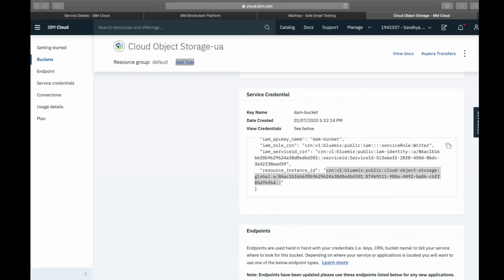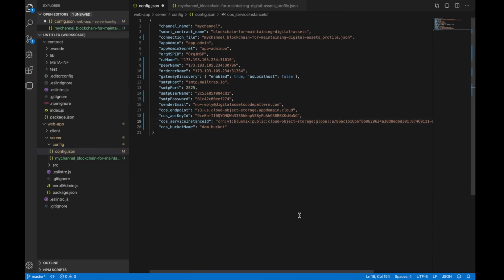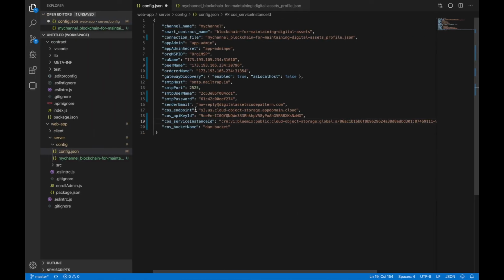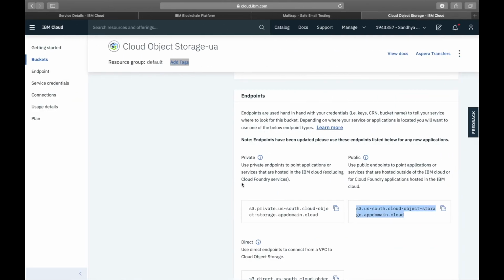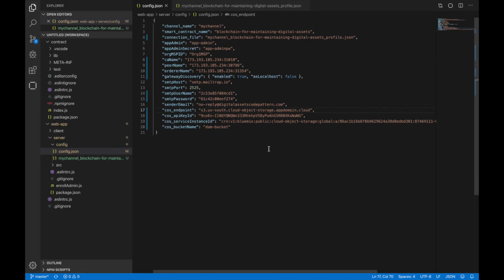Okay. And in the endpoint section, I can grab this, which is the public endpoint for my bucket, and copy that in here. And that's it. We've updated our config.json file, and now we should be able to access the blockchain network, the